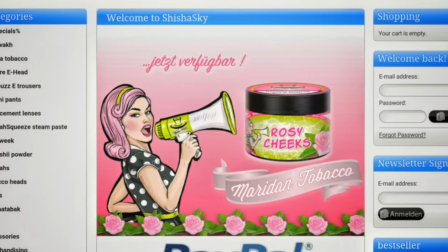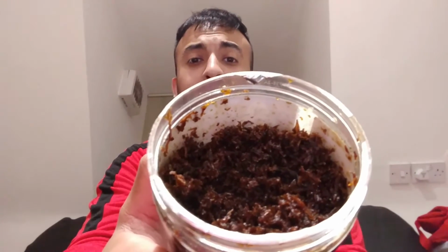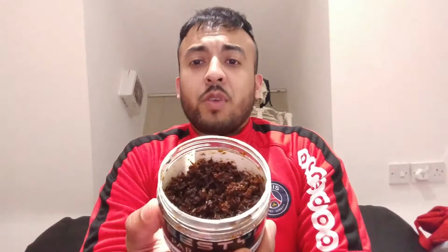As mentioned previously, this is quite a unique cut that I've seen in terms of shisha tobacco, mainly being that it is probably one of the finest cuts of tobacco I've ever seen. And the only way I can compare it is if you've ever had the unfortunate privilege of smoking the herbal brands of shisha tobacco, such as Soex. It kind of imitates that kind of cut, but what you do get is 150 grams of just pure chopped tobacco leaf. There's hardly any stems in there, and it's on the drier side compared to other German tobaccos that I've seen,